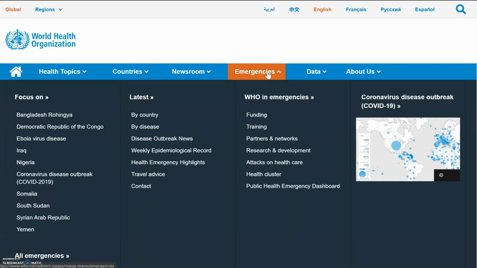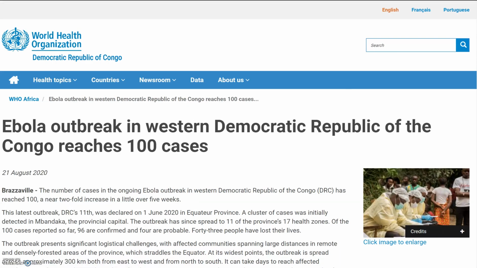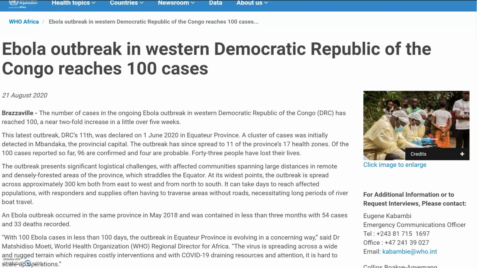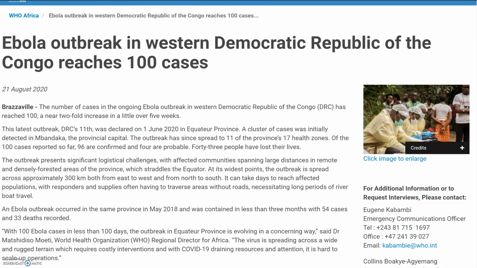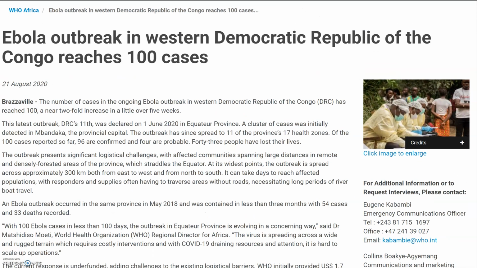Let's start by looking at emergencies and see what regions of the world are experiencing health issues. So we can click on the Democratic Republic of Congo. And this first news slide here shows that there is an Ebola outbreak in August. So we can click read more to learn about that. It shows that the latest outbreak was declared on June 1st in the Equateur province. Of the 100 cases reported, 96 are confirmed or probable. 43 people have lost their lives. So this definitely seems like it could be a potential topic for us,